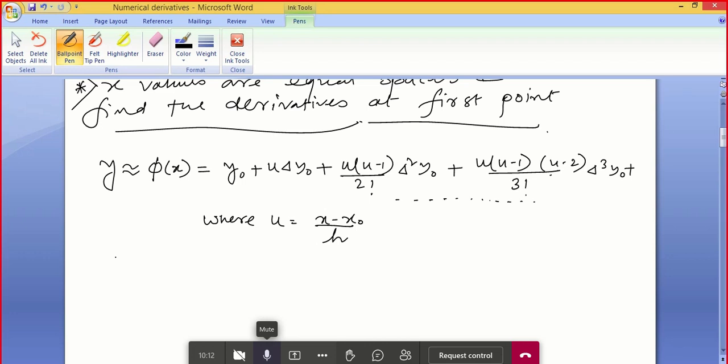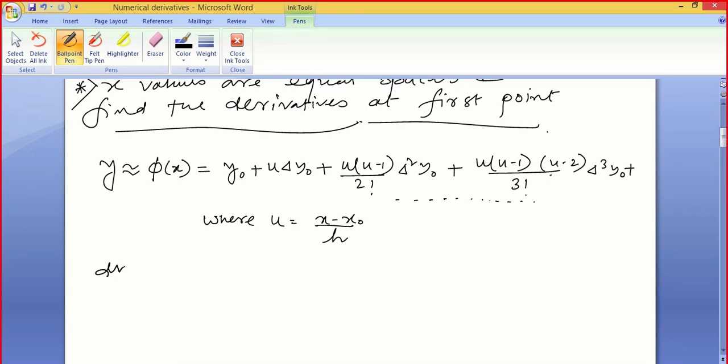Then in that polynomial you have to do the derivative dy by dx. Dy by dx means, tell me, this is related to u. U is transformed by this transformation. If you use that u value here, you will get y as a function of x. So initially y is a function of u and u is transformed by x. So directly you cannot do the derivative with respect to x. You have to use the chain rule. So first do the derivative with respect to u, then u with respect to x. Isn't it?